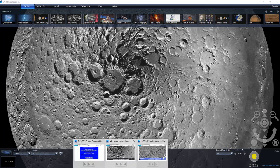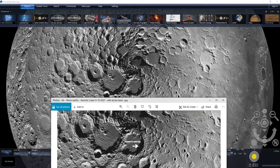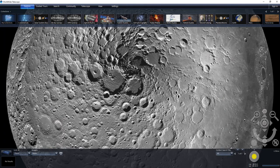And so in lining up so people can relate to what I'm talking about, I went ahead and took a screenshot and put a white arrow pointing to this location in Hermite Crater. And as you see here, I've got it matched up topographically quite well with the globe inside of the Worldwide Telescope client. And so then what we're looking for here, what you'll find when you go in there,